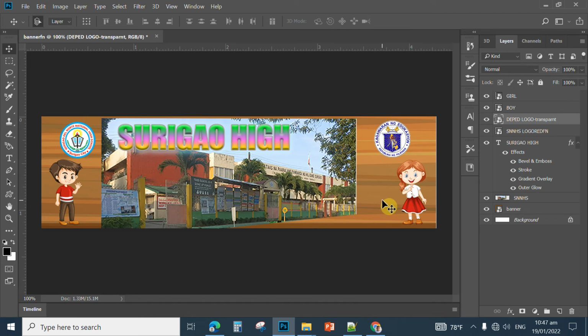Okay, so that is how to create or customize a simple banner that will be used for your web page in HTML. You just enhance your skill in Photoshop so that you can make a very nice banner for your web page. Okay, so to save your banner, you can click File,